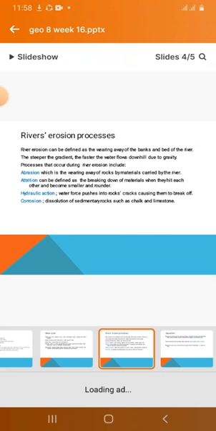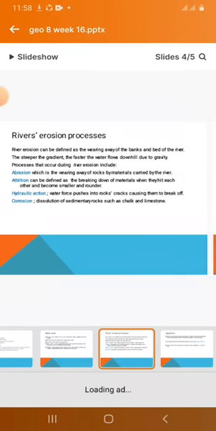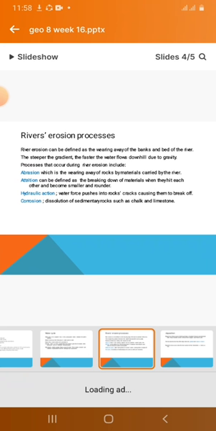Now, we want to talk about the processes that occur during the river's journey. First of all, let's talk about the river's erosion processes. River erosion can be defined as the wearing away of the banks and bed of the river. Now, it says here, the steeper the gradient, the faster the water flows downhill due to gravity. Processes that occur during erosion include abrasion, attrition, hydraulic action,